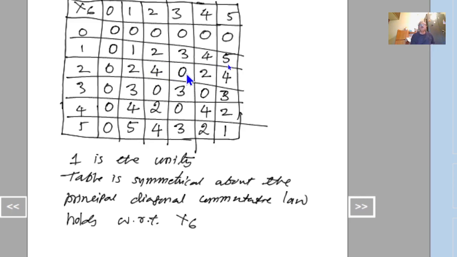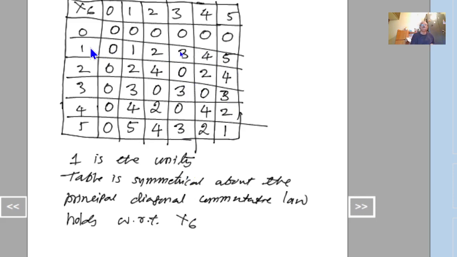And is this a field? No. Because in general, if it is a field, then it is an integral domain. And here, this is not even an integral domain. So therefore, this cannot be a field. We know that every field is an integral domain, that we have already proved. And this is not an integral domain, therefore this is not a field, right? So the inverse of each element does not exist here.